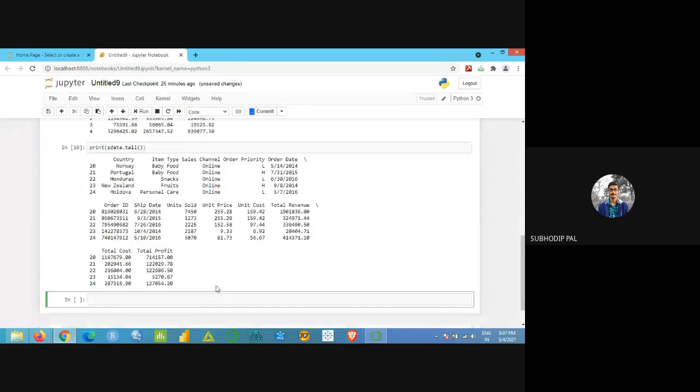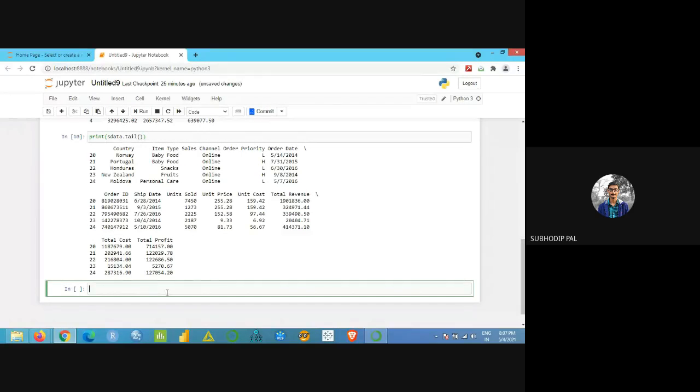So suppose this is a huge data set, and now I want to check how many rows are there and how many columns are there. Forget about it, I can easily count it, this is small data. But if it's a large data set, how do we get how many rows and how many columns there are? That will be my next point.